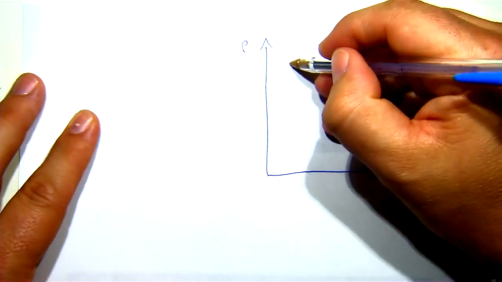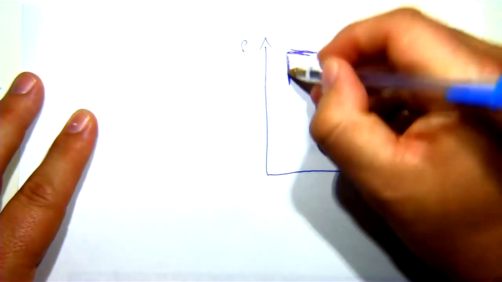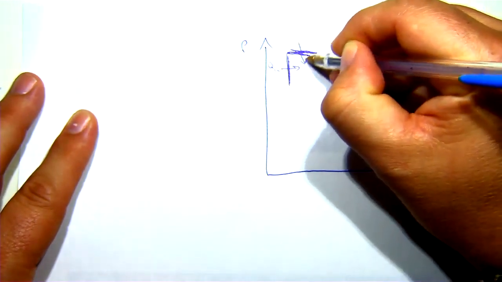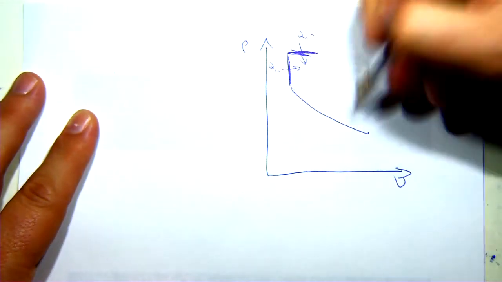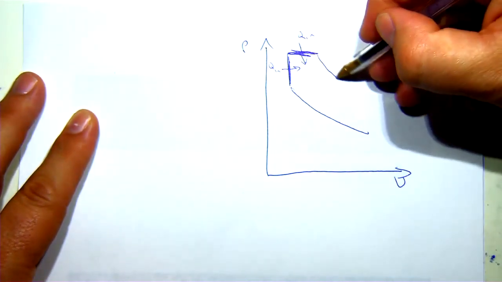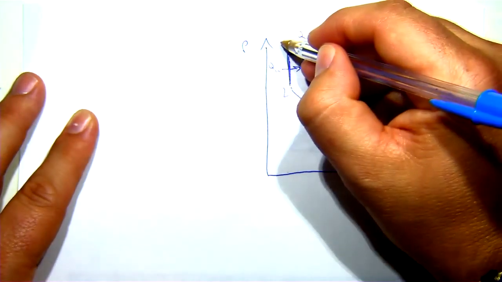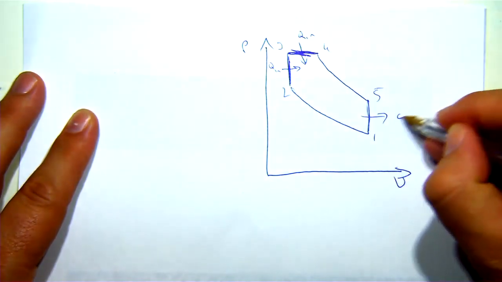We said that we've got a constant volume and a constant pressure heat addition. So I've got Q in and Q in. I've got my normal isentropic compression, my normal isentropic expansion, and 1, 2, 3, 4, 5, Q out,